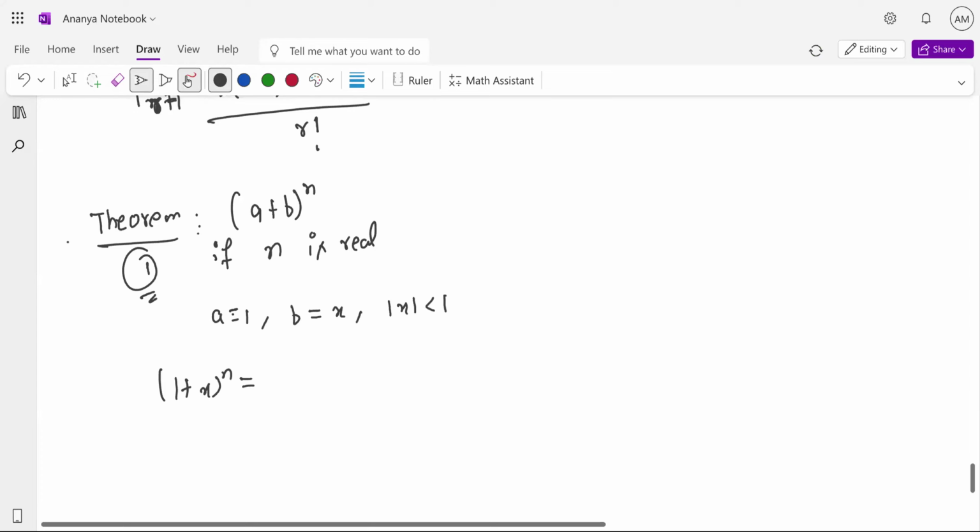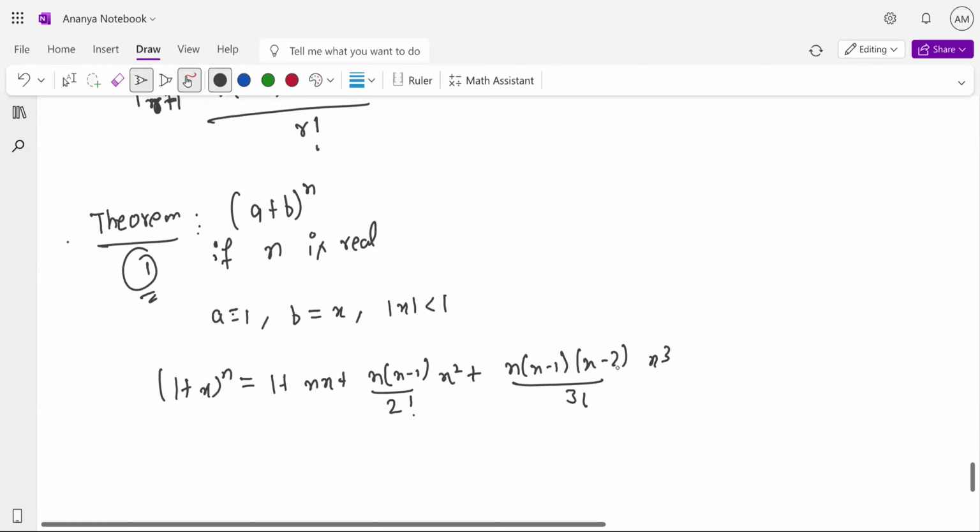Yes, sir. Okay, so what I am going to get in the expansion of it will be 1 plus nx plus n(n-1)/2! x squared plus n(n-1)(n-2)/3! x cube. Is it clear whatever I have written over here? Yes. How did I get this? Any doubt in this case? No, sir. It's clear, sir. It's clear, right? We have just used the traditional method. It's just a calculated value you have here.